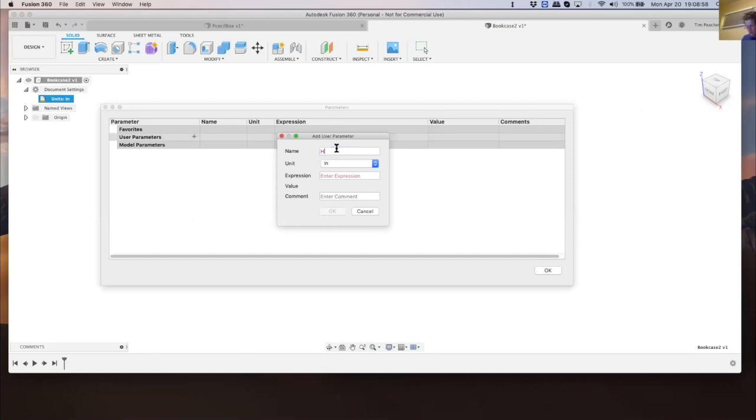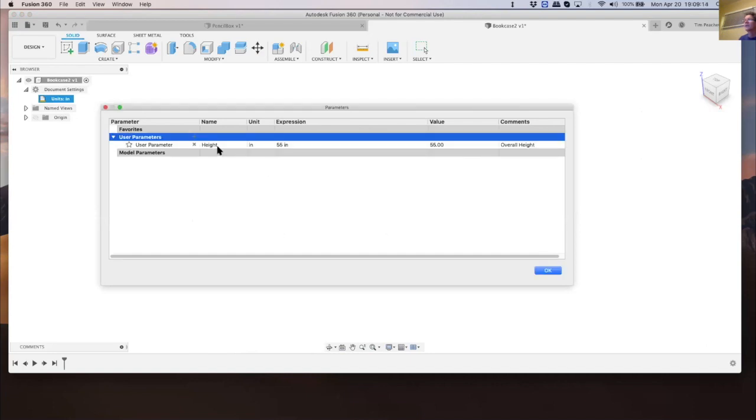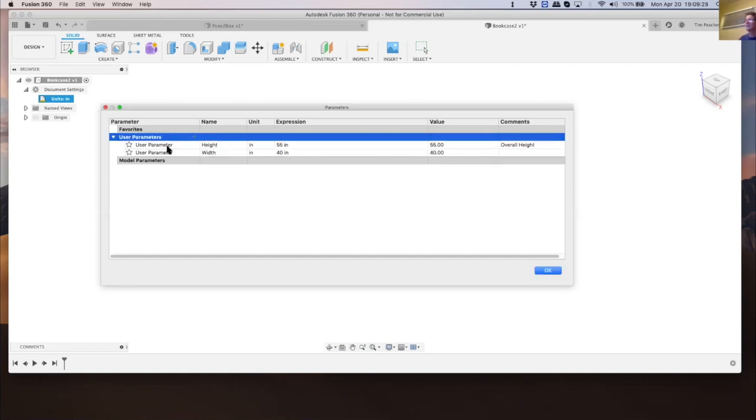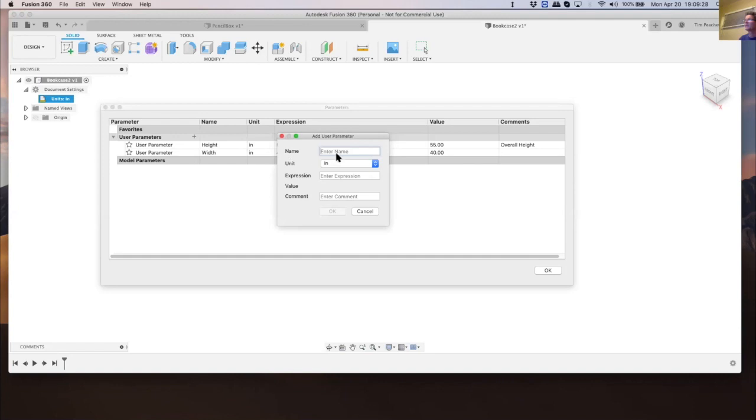And I'm going to say height, and let's make that 55 inches. I can put in a comment if I want. This is overall height. And I'm going to add width of 40 inches. I'm going to skip the comments now that we've seen how it works, in the interest of speed. Depth, oops,